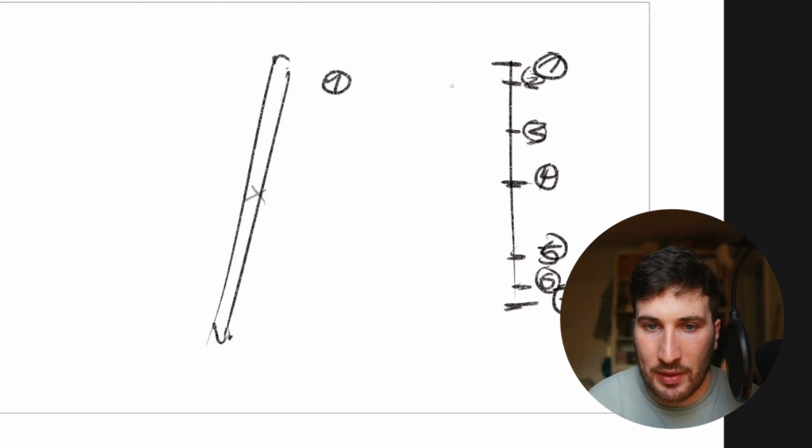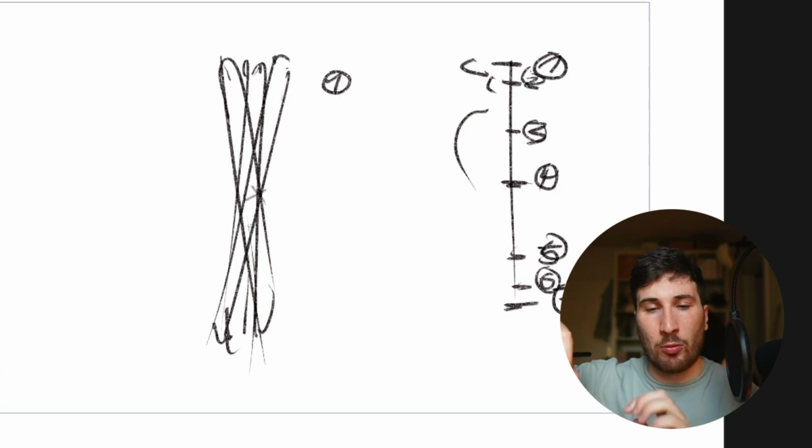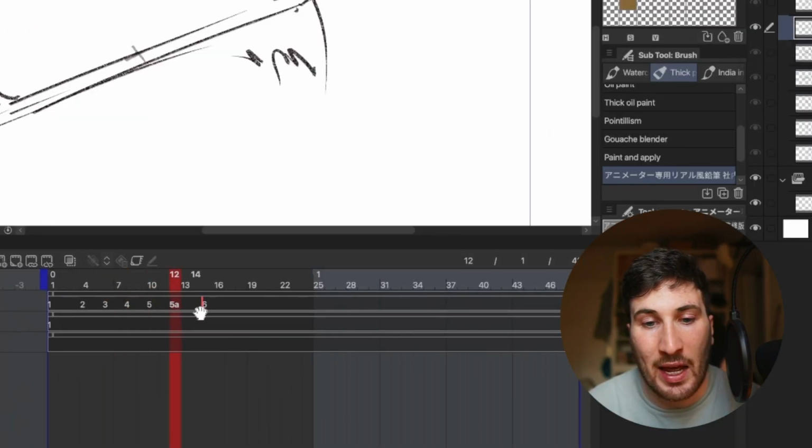Your drawings in the middle, when it's slowing down, go more close to each other. And then when the action gets faster, you want to have a bigger gap. So we have more drawings here in the beginning. So it's slower in the beginning, then fast, and then slow again. Where the fast part is you place your drawings more on 1s or 2s, and where it's slower you place